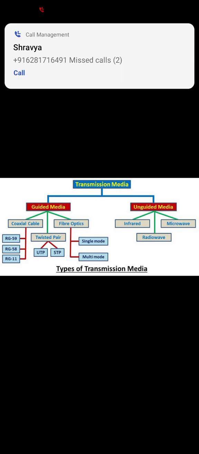Next, microwave. Microwave is also used in satellite based communications. Microwaves, right now we are not using these types of connections. Microwaves are very harmful for the environment. It is releasing a lot of radiation, so that's why mostly we are not using these types of microwave signals right now. But mostly the satellite communications are working with the help of microwave signals.